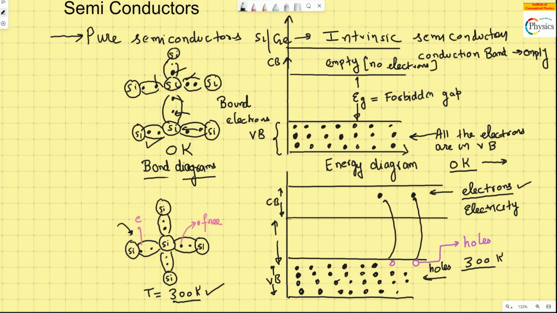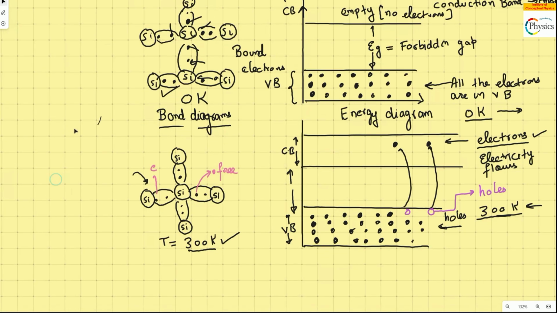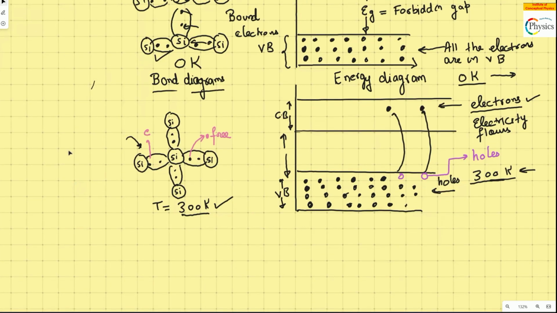Another important observation: electricity flows because of the thermal excitation. The temperature has increased to room temperature. Another important thing you will see in this situation is the number of holes that have been created. If you see the diagram very carefully, the number of holes is 2. So 2 holes have been created. Why? Because two electrons